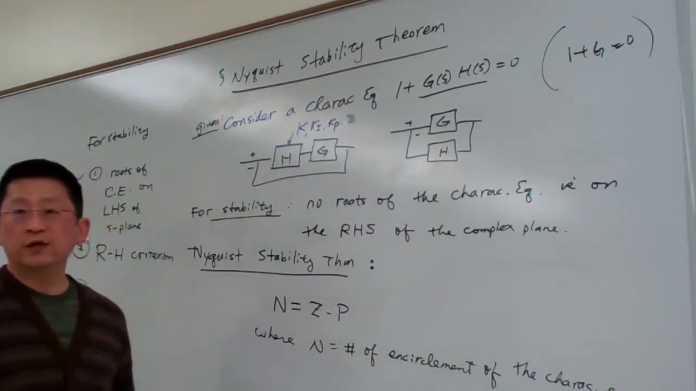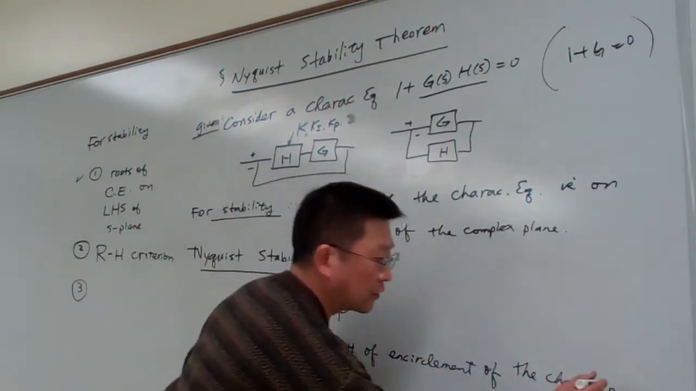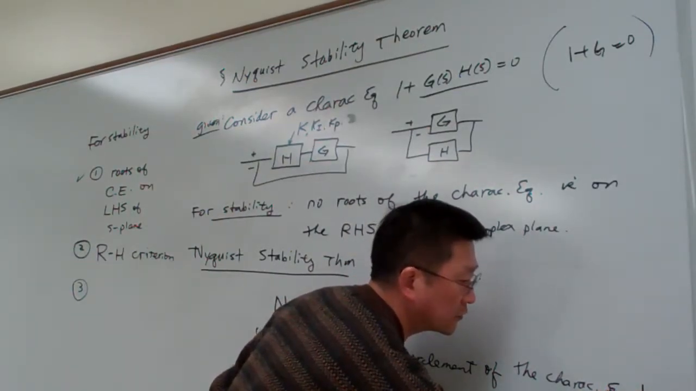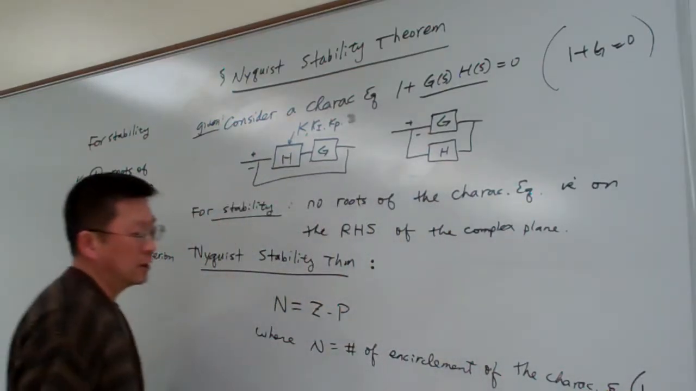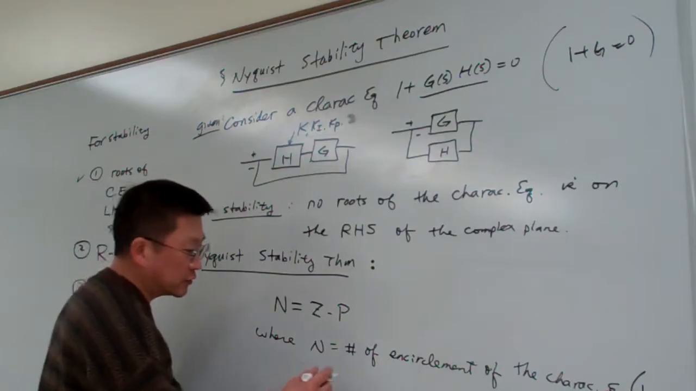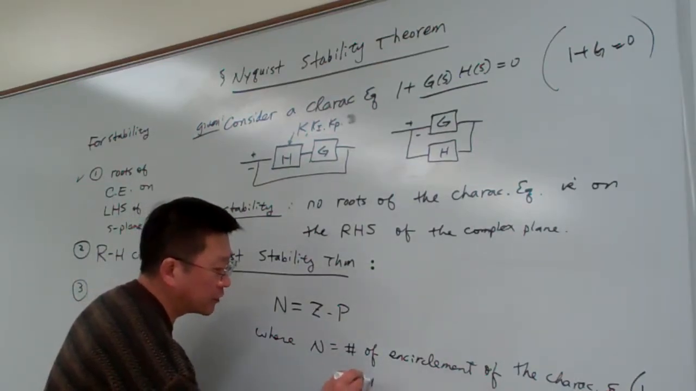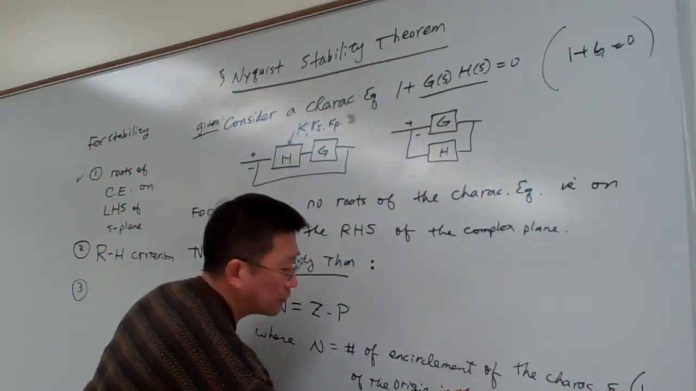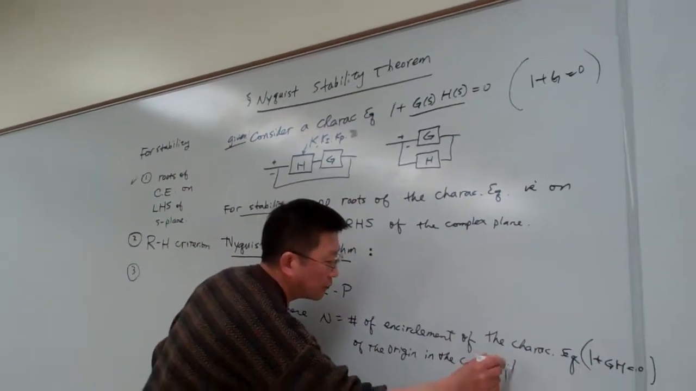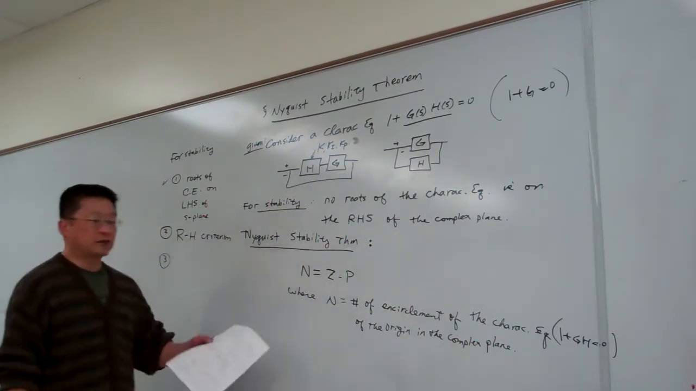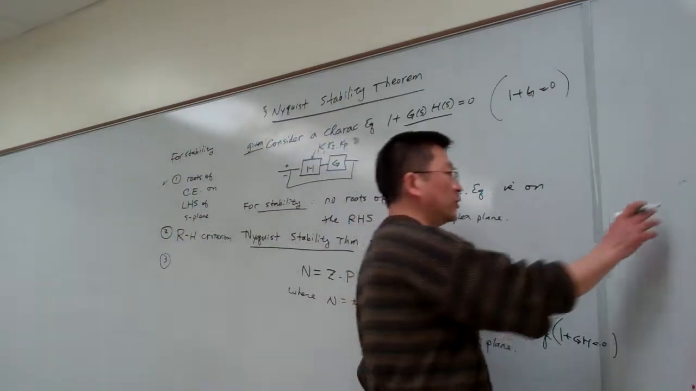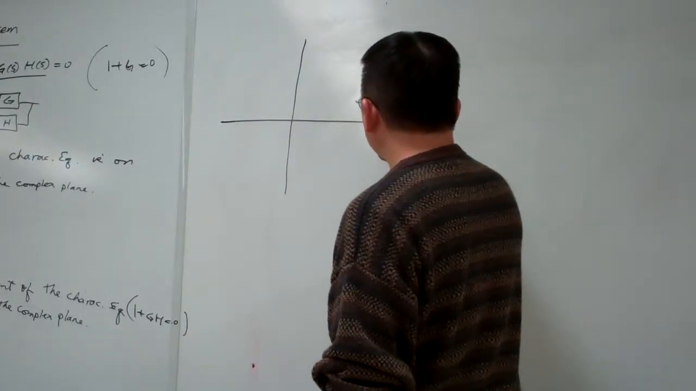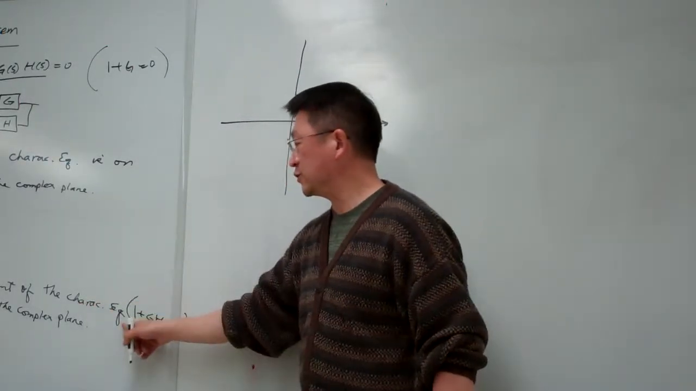And here, let me stick with the notation. So here, for example, 1 plus GH, or 1 plus G, so that is the characteristic equation. The encirclement of the characteristic equation of the origin in the complex plane. So what is an encirclement? Let me explain this. For example, if this is a complex plane, and again, given the characteristic equation,